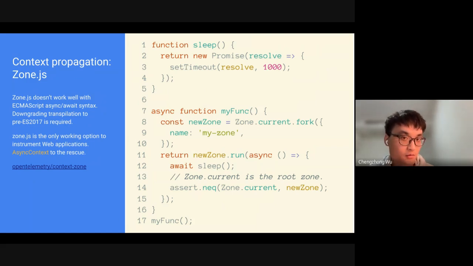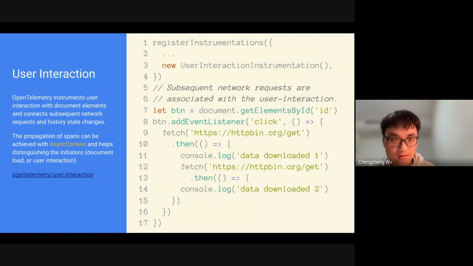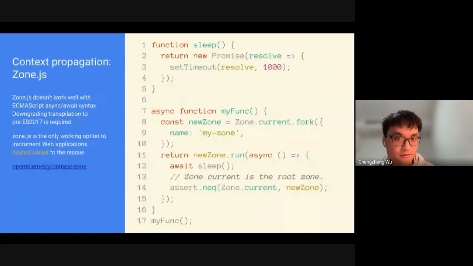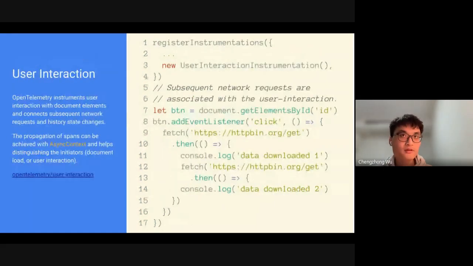However, this is not optimal for many applications. So with AsyncContext, applications can obtain native support for context propagation with the async await syntax,